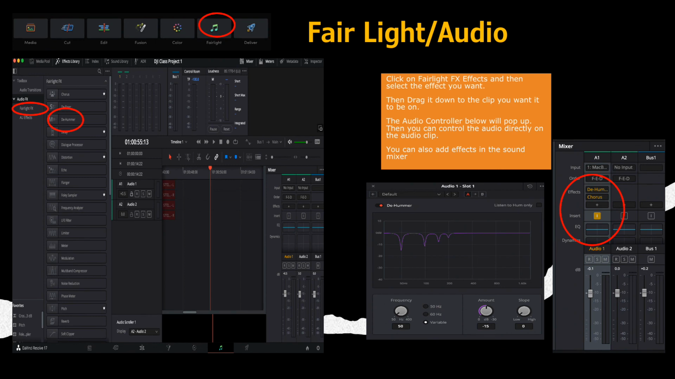Now let's move on to the Fairlight audio tool and tab. This is where you control all of your audio. This is a very, very powerful page. You can do virtually anything you want to with your audio. And I will tell you that once you've loaded audio into the